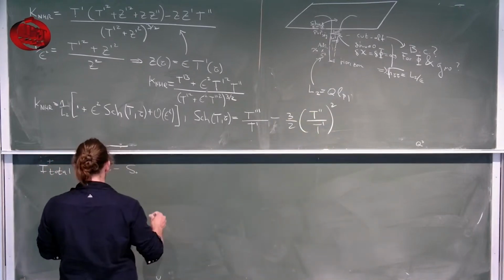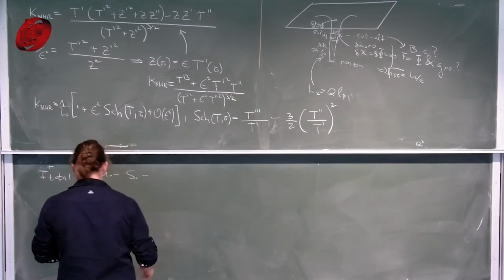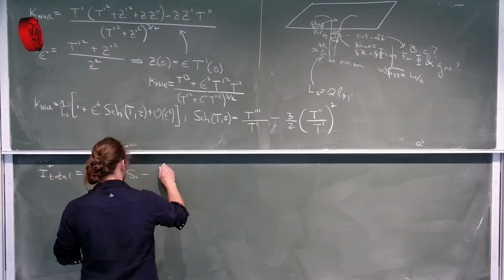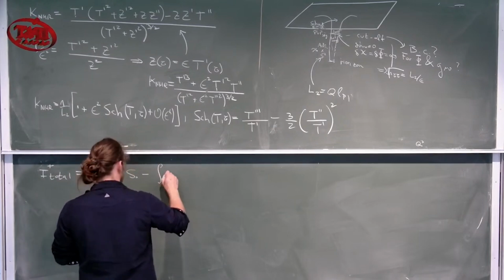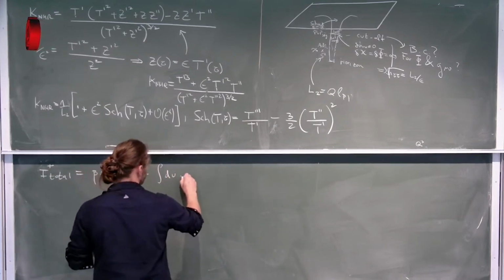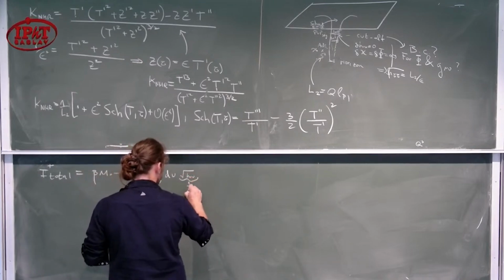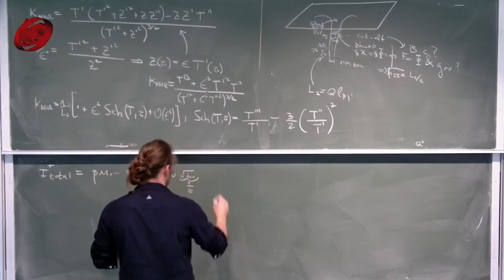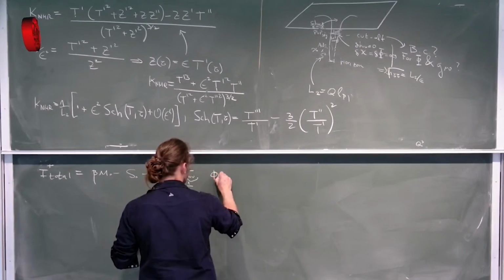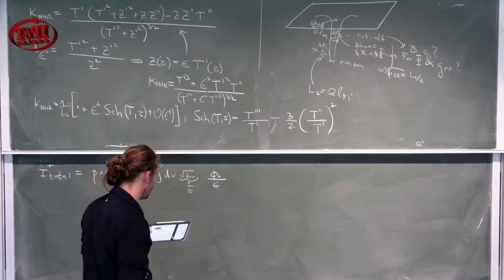And I have a final factor that looks like integral over du. The boundary metric square root of h u. The boundary metric is 1 over epsilon times the value of the dilaton at the boundary. That was phi b over epsilon